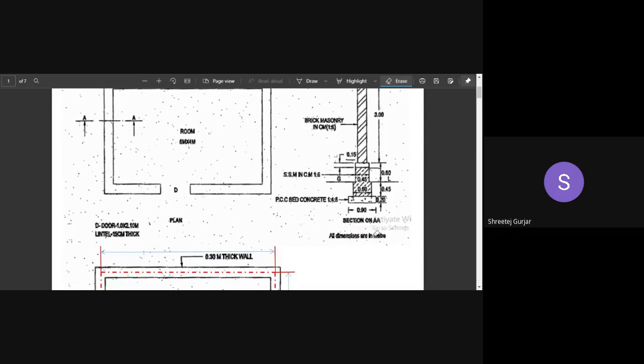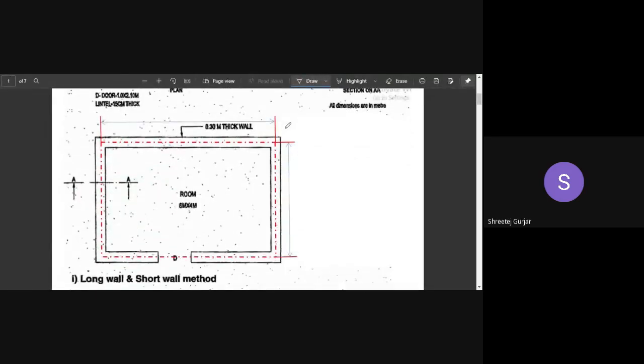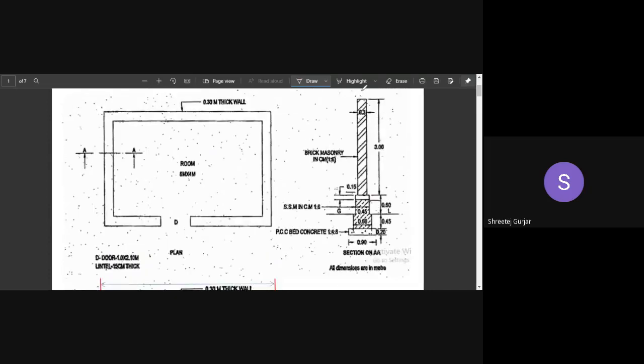So first thing whenever you are solving a problem is you have to find the center line. Always you have to find the center line first. What I have shown here in red in this dotted line is your center line. Whatever I have shown in a dotted line is the center line of your wall, or the center line of anything. This center line will be running like this. It is exactly at the center of a section. So that is a center line.